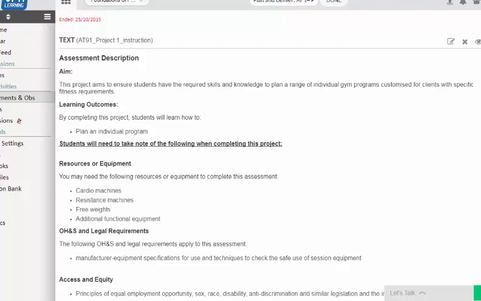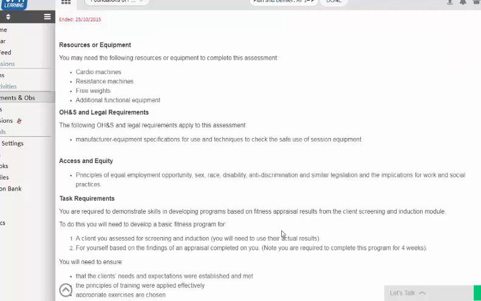During the task, you will be developing 2 fitness programs. The first fitness program is going to be for a client that you previously assessed during your screening cluster. The second program is going to be for yourself based on your needs and your fitness testing results. So if we look at the task in more detail, as mentioned, you're required to develop 2 programs. So the first program is a client you assess for screening and induction, and you'll need to use their actual